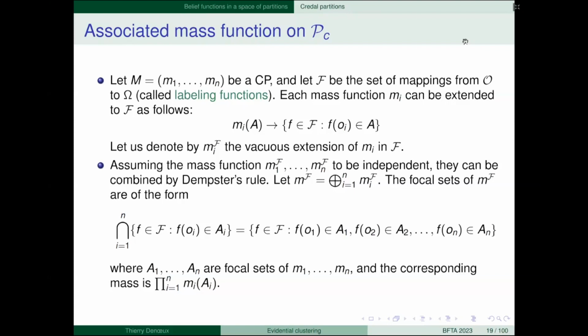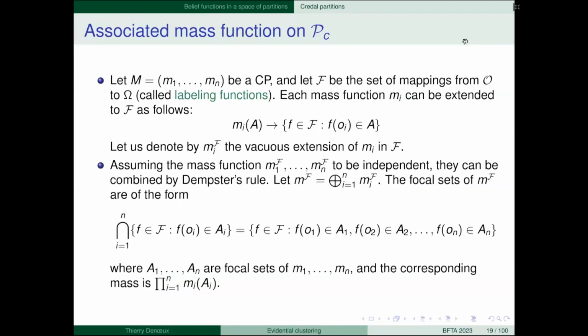So it is not the same as a partition, because if I just permute omega 1 and omega 2, I have the same partition, but a different function. Okay, this labeling function depends on how I label the clusters. Okay, if there are 2 clusters, it is arbitrary to say this one is cluster 1, this one is cluster 2, or this one is cluster 2 and that one cluster 1. Okay, we have to handle this. So this is why here I do it in 2 steps.